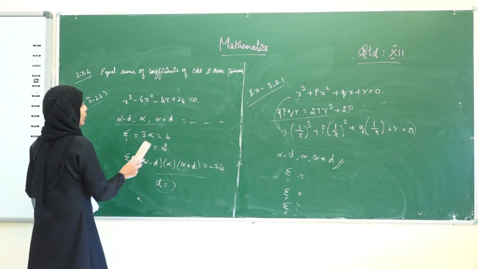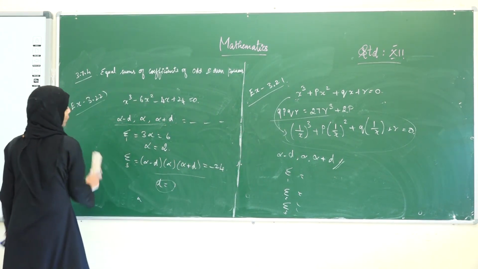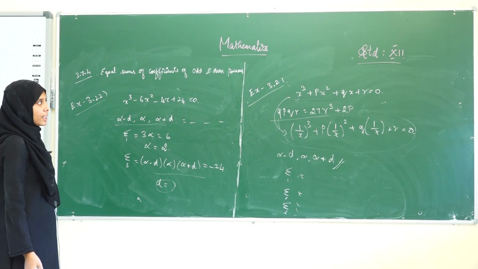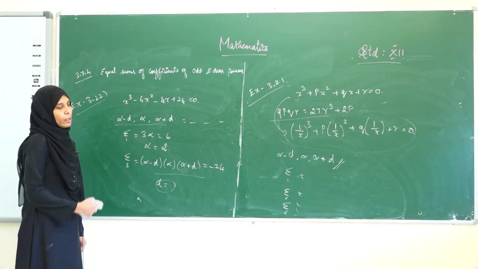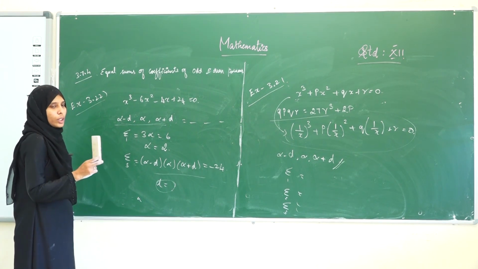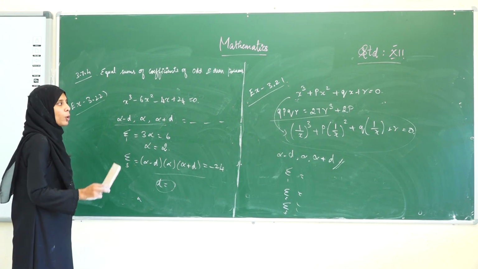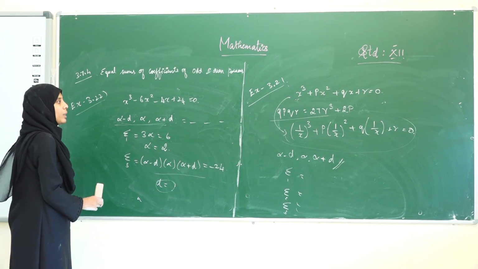So I have given 2 assignments, 3.21 and 3.22, as assignment. In the next class, let us see the exercise. Hope you have understood all these sums. It will be very easy. We have to see the equation, and we have to keep in mind the types of equation, then we can solve it easily.